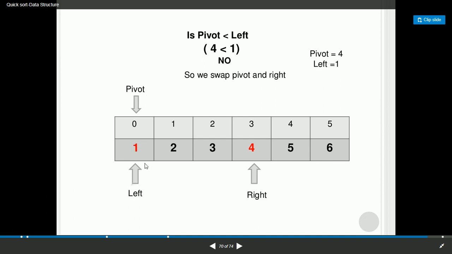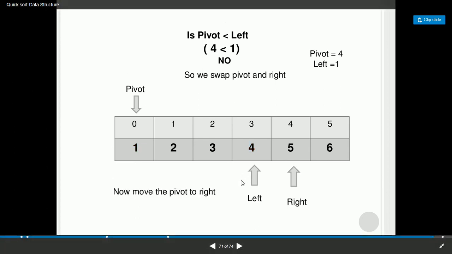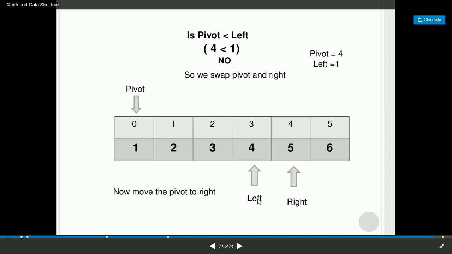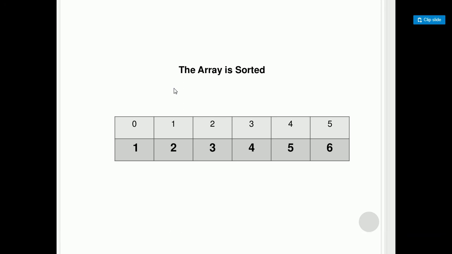So here 1 moves to index 0 and 4 moves to index 3. So now we can move one by one from left to right over the elements, and we will get the sorted array. So this is the final sorted array using quick sort.